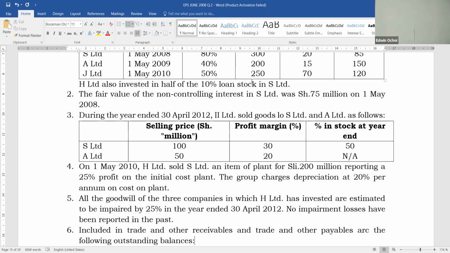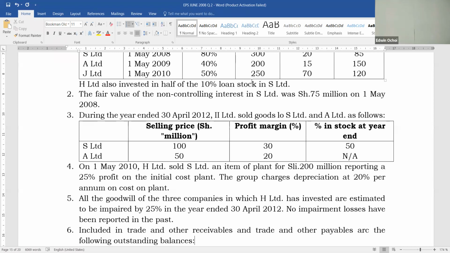So that is what statement 2 implies: when the NCI, the non-controlling interest, has been measured at its fair value, we are supposed to use the full method in the computation of the relevant